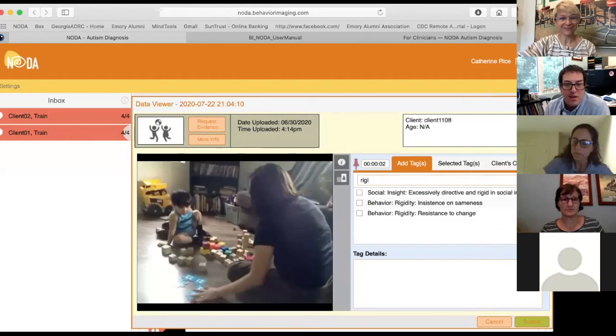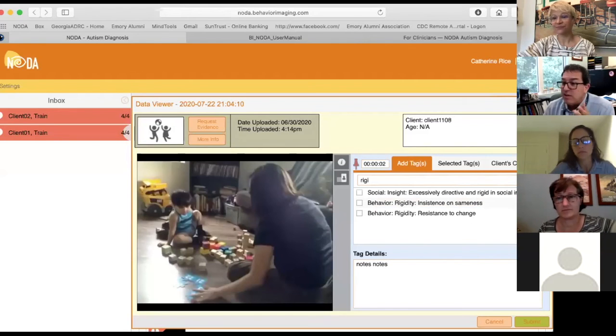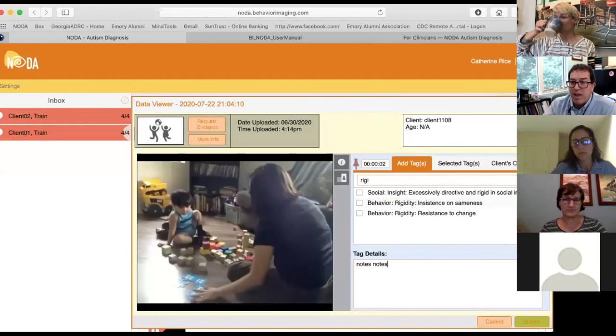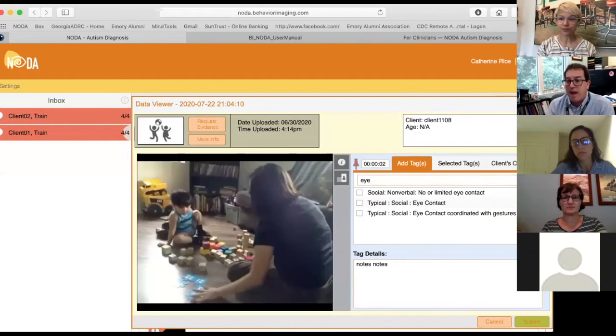And I should say with the tag details, I do put notes in there as well, especially for some of the behaviors related to the sensory things. So is it an aversion versus an attraction? Just because I do want to know the difference. And some of them are more notes for me for when I am giving feedback to the parent or talking treatment with the parent. It's reminding me why I said this and what would be the best way to handle